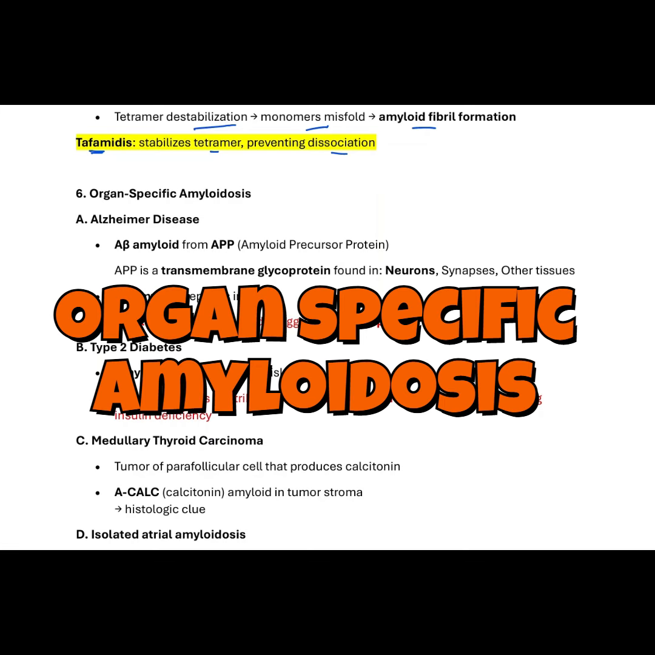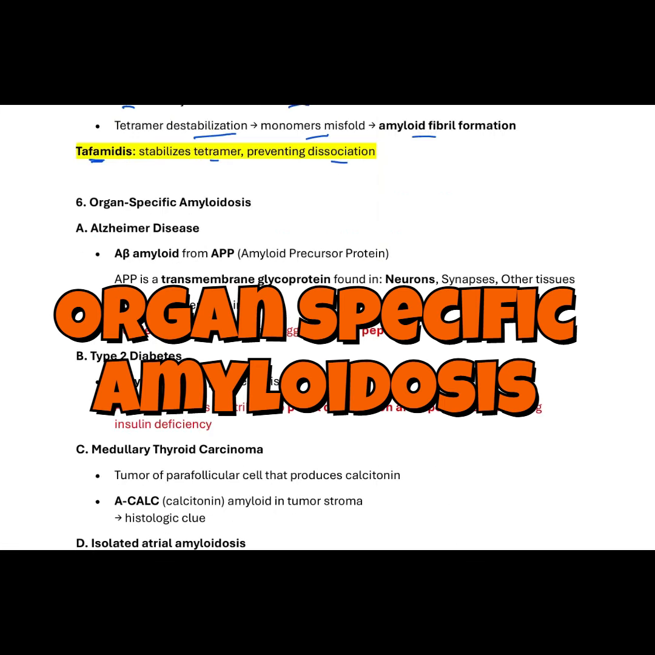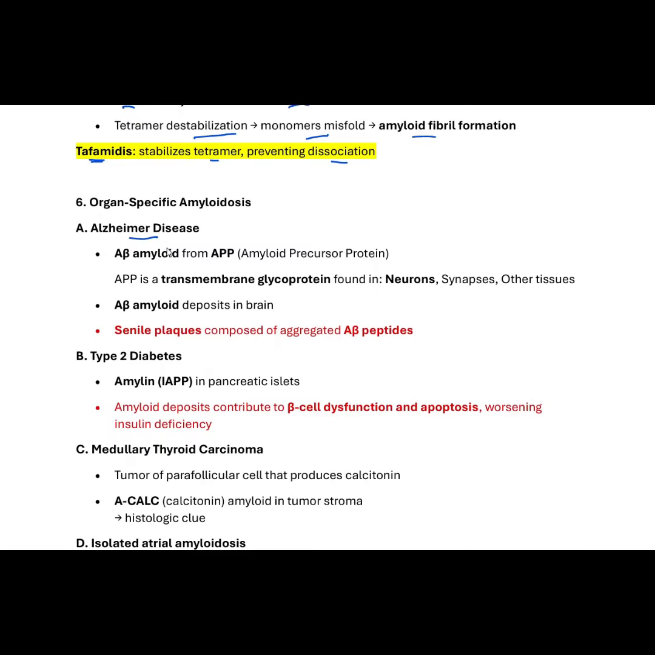Organ-specific amyloidosis. So the first one under organ-specific amyloidosis is Alzheimer's disease. And as we know, Alzheimer's disease is due to accumulation of beta amyloid protein. And this comes from our amyloid precursor protein. And remember, the gene for this amyloid precursor protein is located on chromosome